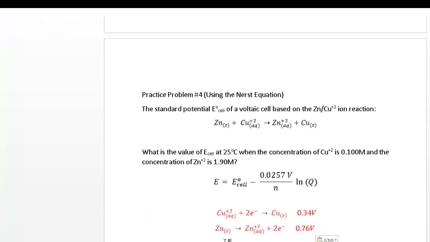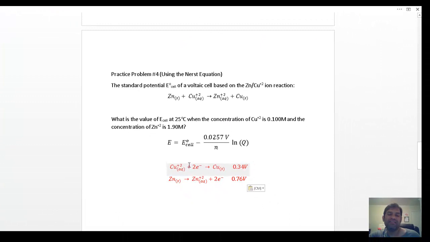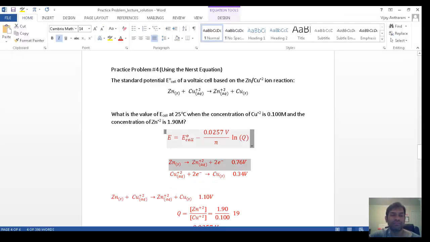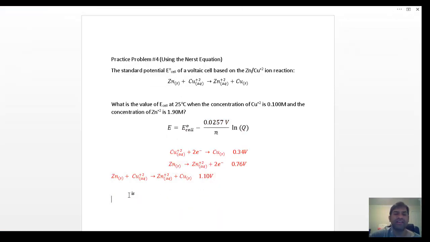All right, so we got our two half reactions. The top one is a gain of 2 electrons. The bottom is a loss of 2 electrons. We can easily cancel out the 2 electrons here with the 2 electrons there. Add them up, we'll add up the voltages, and we're going to get about 1.10 volts. So adding up these two half reactions, we get our original problem, but now we know the voltage is